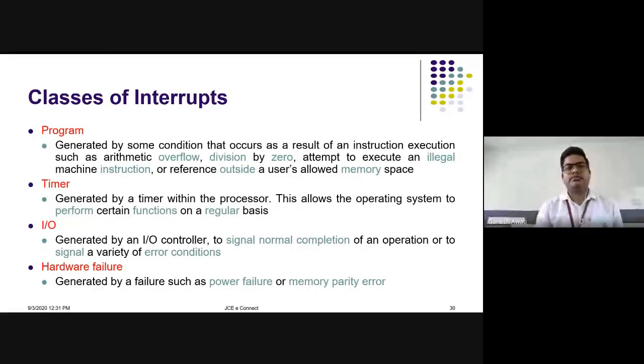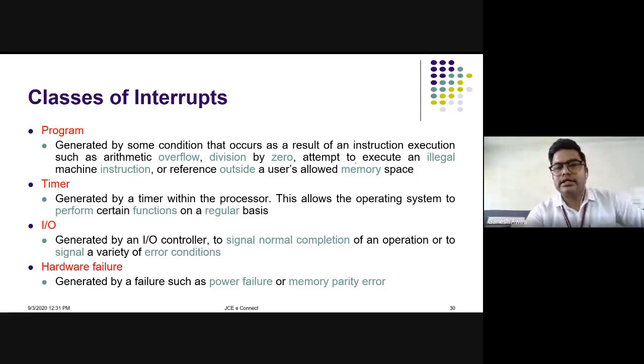Arithmetic overflow means you are adding R0 and R1 and storing that into R0. But if the numbers are big, say 8-bit plus 8-bit, or if you are doing multiplication, the result will be more than 8 bits. You cannot store it in a single register R0 if R0 can store only 8 bits. So overflow is happening, or in addition you are getting a carry. You need to write the instruction in such a way that even though there is an overflow, it runs properly. Or division by 0, which is not possible, the result will be infinity. If you write this, your program will say there is an error, and that interrupt will occur.